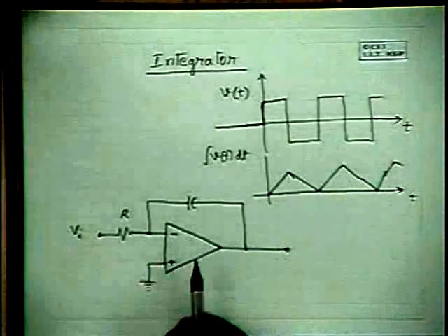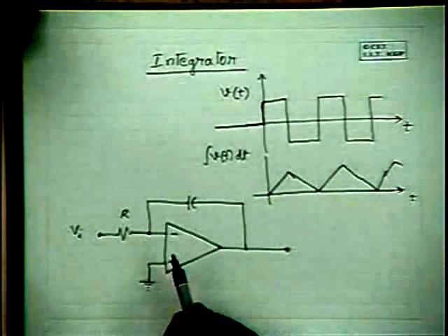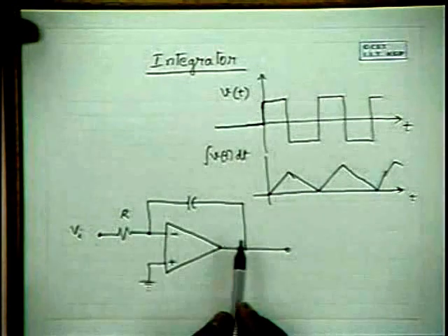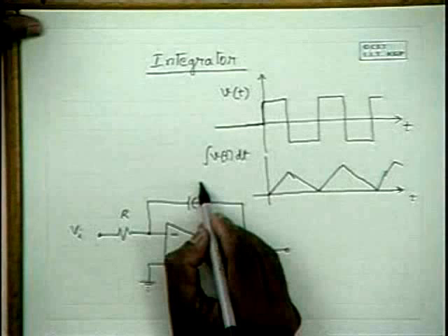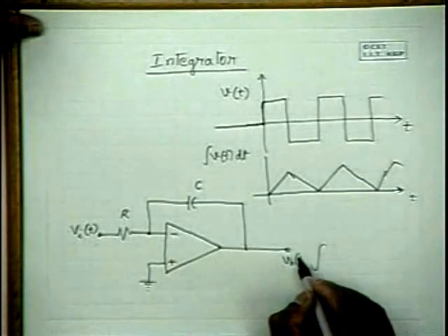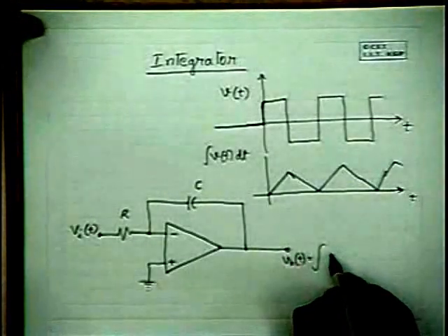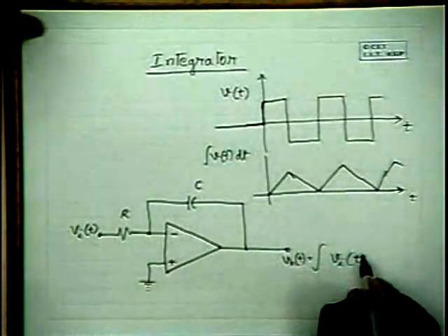It means we operate the op amp in a single-ended mode, and naturally the feedback has to be negative. If this is a capacitor C and this is R, then if you apply some voltage Vi(t) at the input, you will get an output voltage V0(t) which is equal to an integrated version of Vi(t)